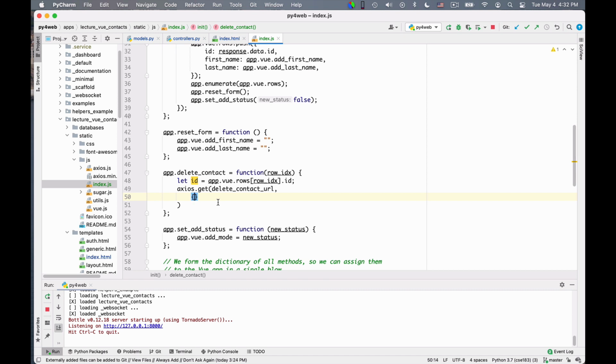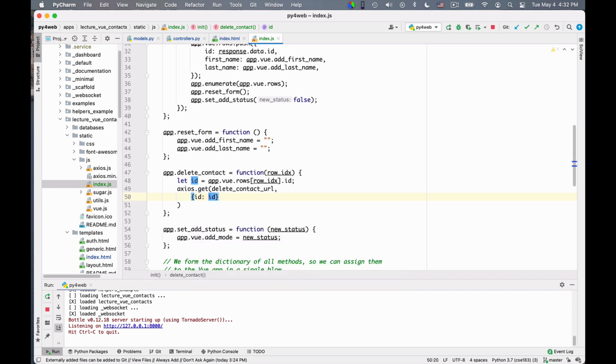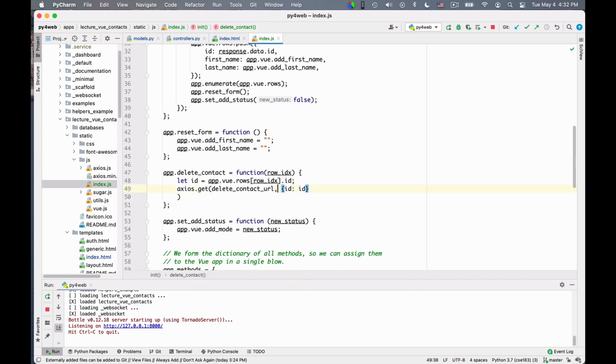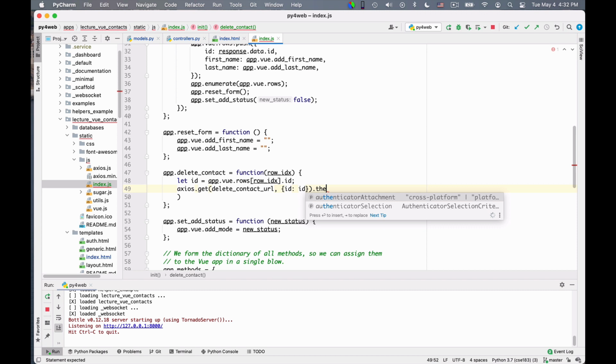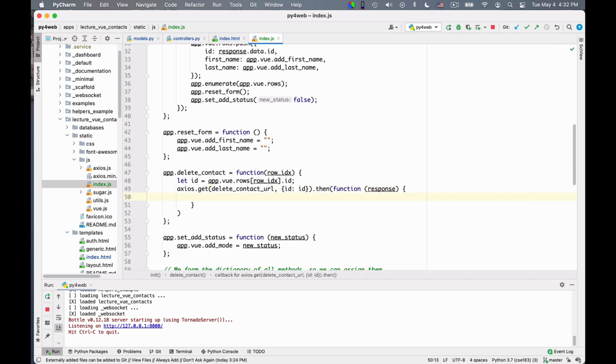So I say ID is equal to ID. Actually, let me use a bit less space. So okay, so this is the call, and once the call is done, I can say then this is the function to be used on the response.